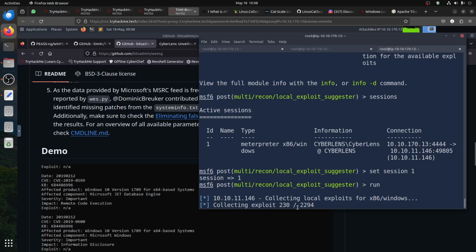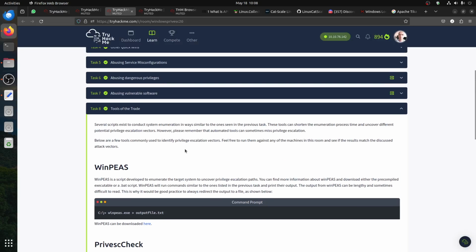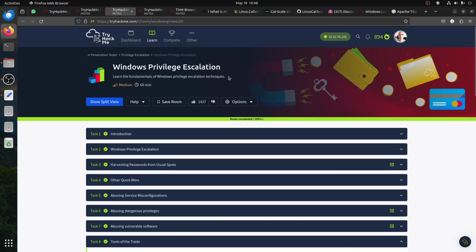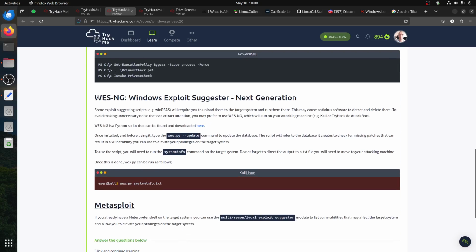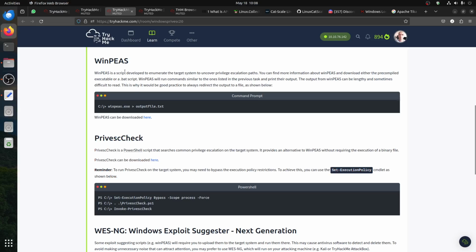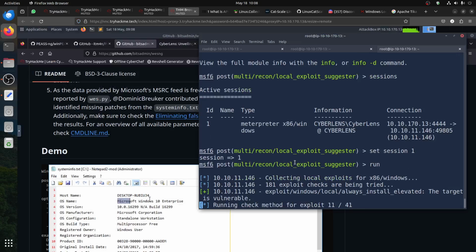Collecting exploits. Yeah, I didn't test this before. I'm not sure if it will work. I was following because it has been a long time since I used a Windows machine, so the tools are very different. There's a room in TryHackMe, Windows privilege escalation, where you can see the tools. You can use WinPEAS, you can use PrivescCheck, or Metasploit. So we tried Metasploit. I used this one when I did the room. WinPEAS was too noisy for me, it has too much information. This one was fast, and for an easy room I didn't want to